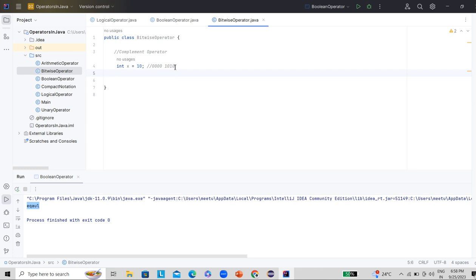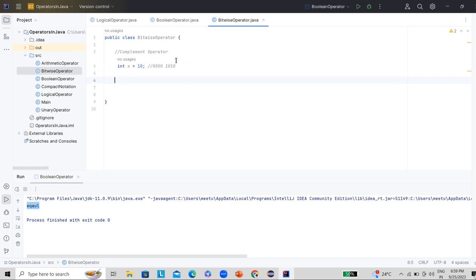The positions are 1, 2, 4 and 8, so it will calculate based on the position only. This is on the 8th position, so that is 8, and this is on the second position, so that is 2, and 8 plus 2 is 10. This is the representation in binary format.